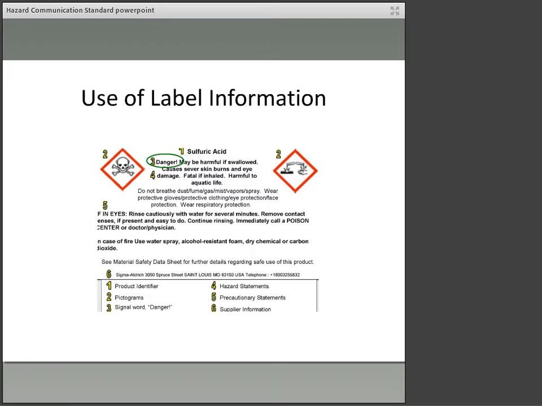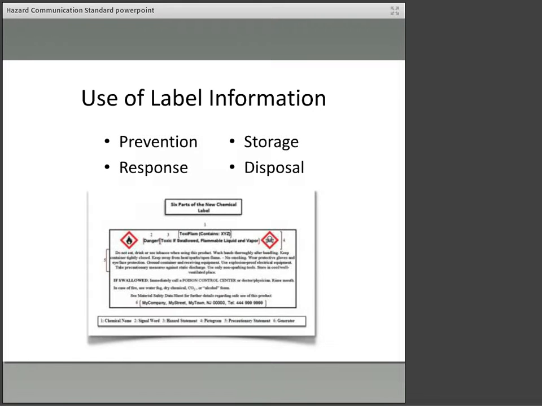Well, naturally, danger. The signal word danger should immediately focus your attention to the hazardous nature of this acid. The 2 pictograms, skull and crossbones, and corrosion should also grab your attention. Remember that precautionary statements will assist you with prevention to minimize exposure. They'll give you actions to take in case of accidental spillage or contact, including first aid,